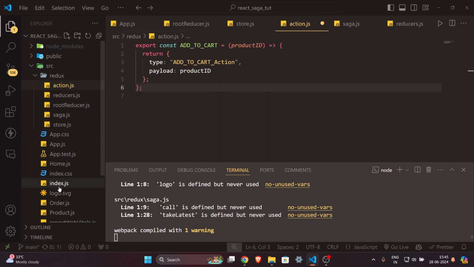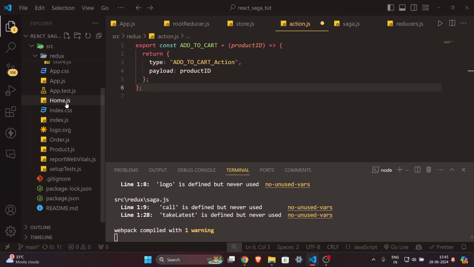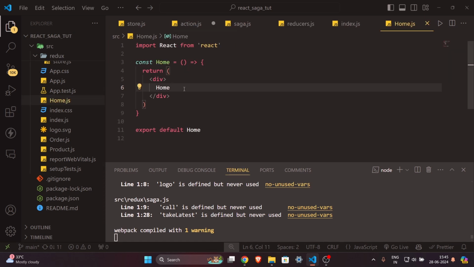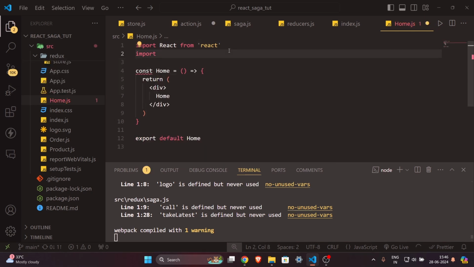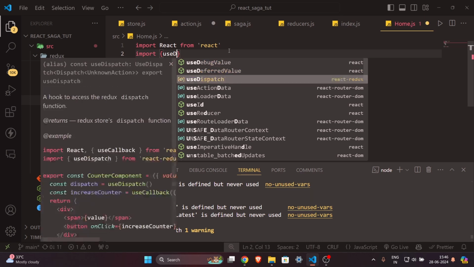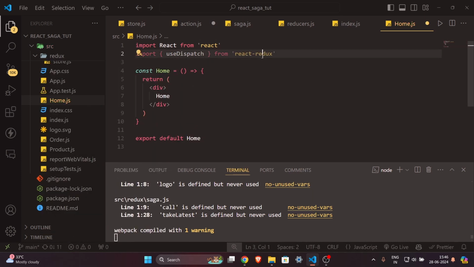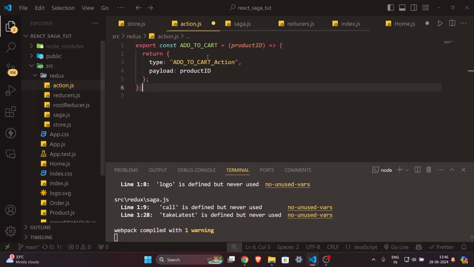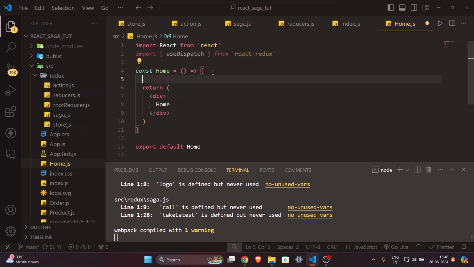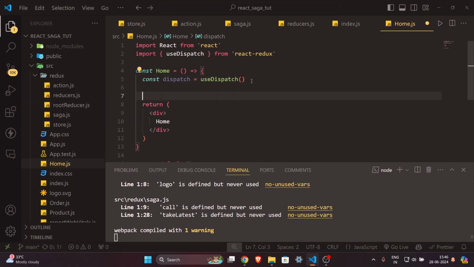I will quickly come over to our home.js, and inside this I will import a dispatch function. Let's say useDispatch from React Redux. This dispatch function is used to call the functions which are inside this action.js. First of all, I will write const dispatch equal to useDispatch, and then